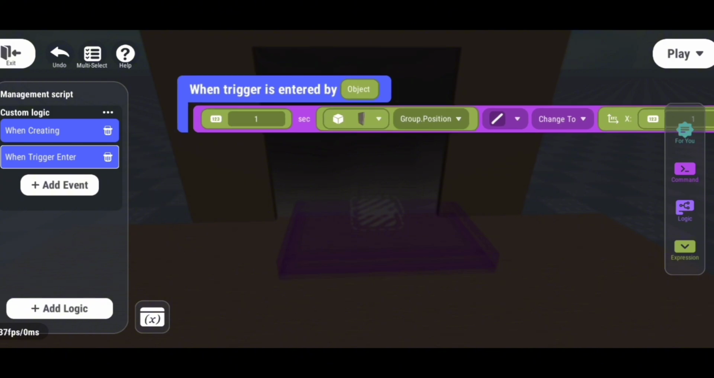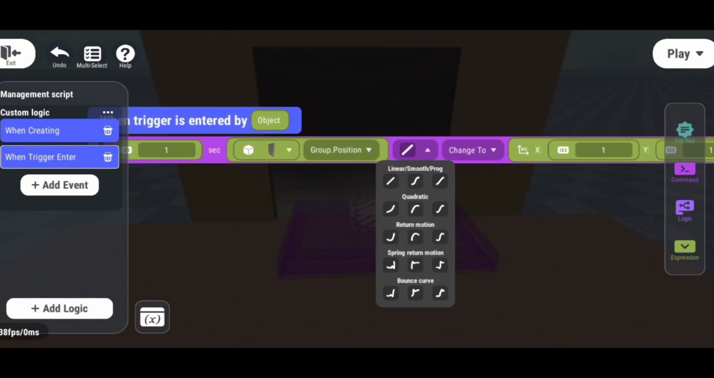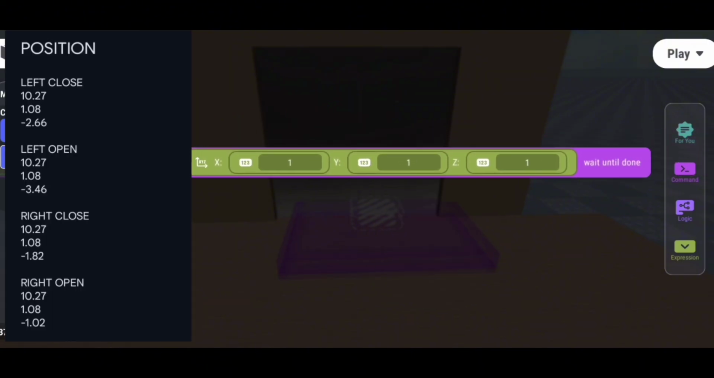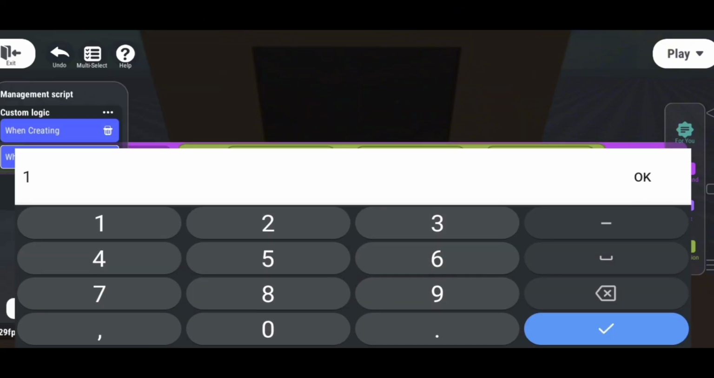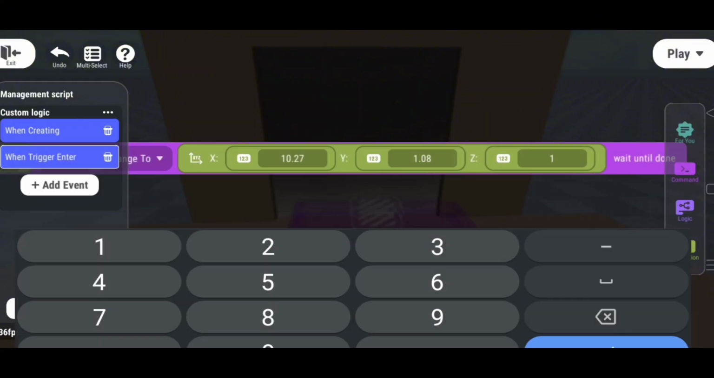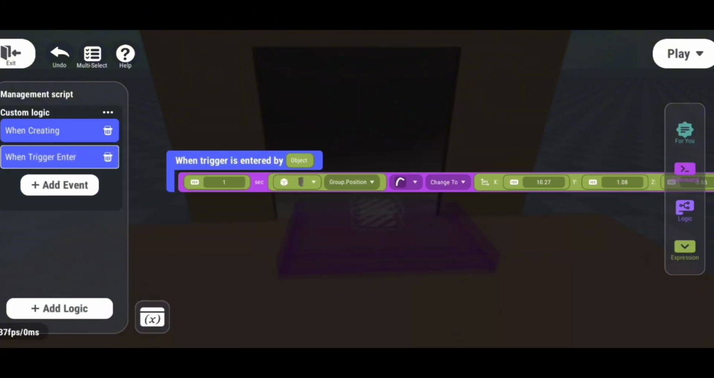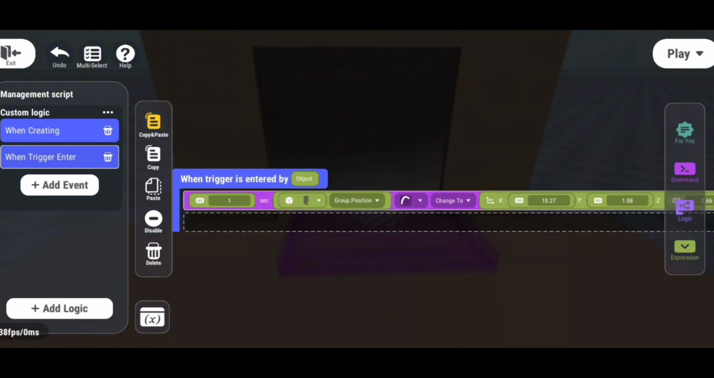After that, click the diagonal line icon and choose the animation style you'd like for your door. Once that's done, input the XYZ positions you noted earlier. In this example, I used the open door position, since the trigger should open the door when activated. When you step out of the trigger area, the door should, of course, close. After that, simply copy the command you just made,